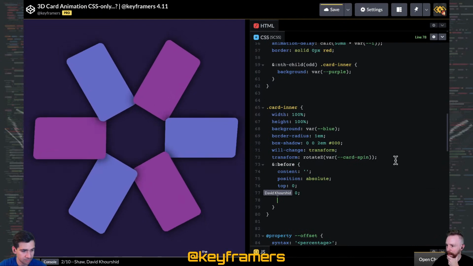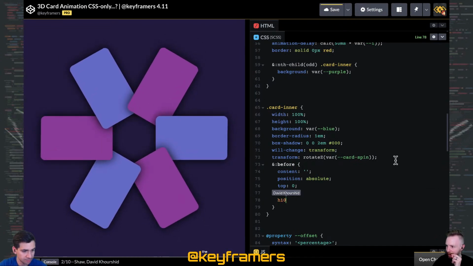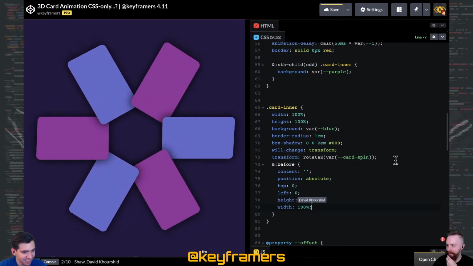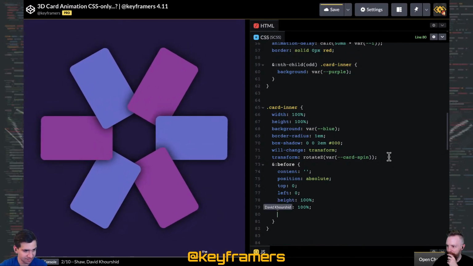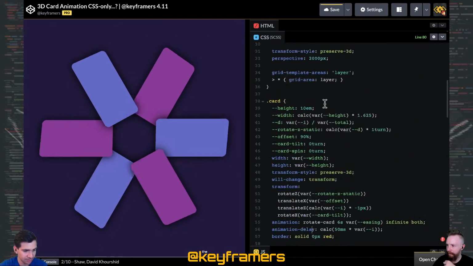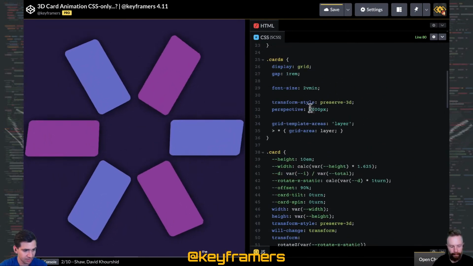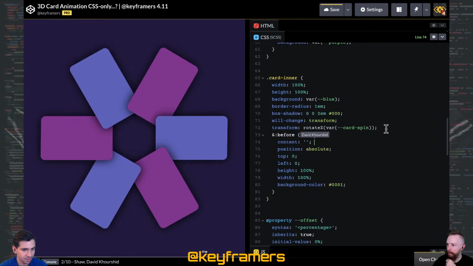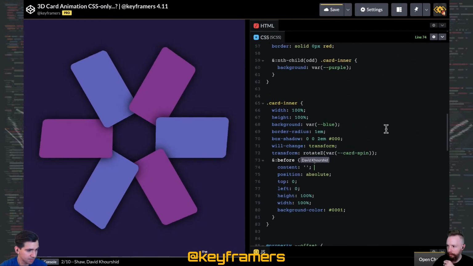Adding now hard indicators, a little... Nope, not exactly. Let's see, background color, just a little darkness, and that's because